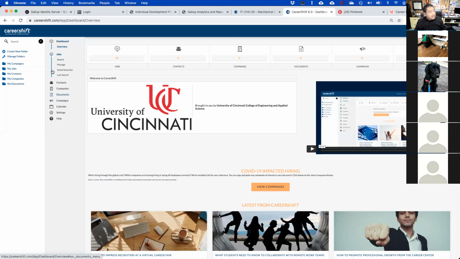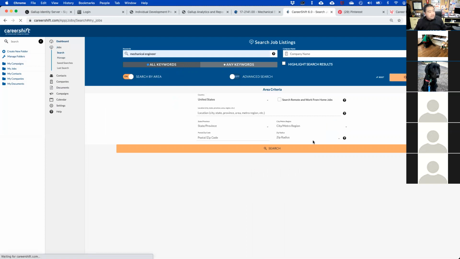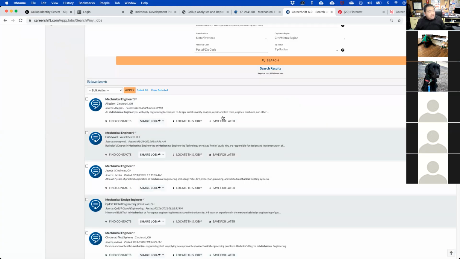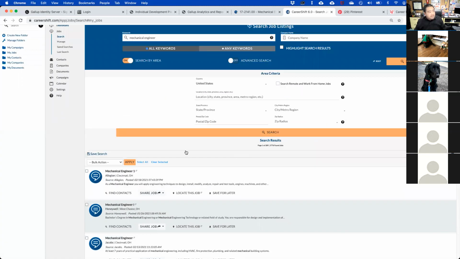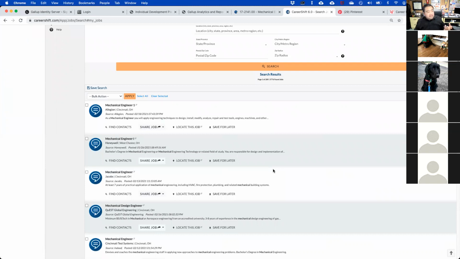Okay, so as an example, again, when we think about that job search, you have a variety of options to choose from. Let's go to the actual job search. We're going to type in mechanical engineer. And we're going to do a general search. Okay. You can identify based on region, but we're just doing a broad search here. Okay. And again, when we think about these positions, these are positions that are not only posted by the company website, but also through Indeed. Okay, so it does list the source of the